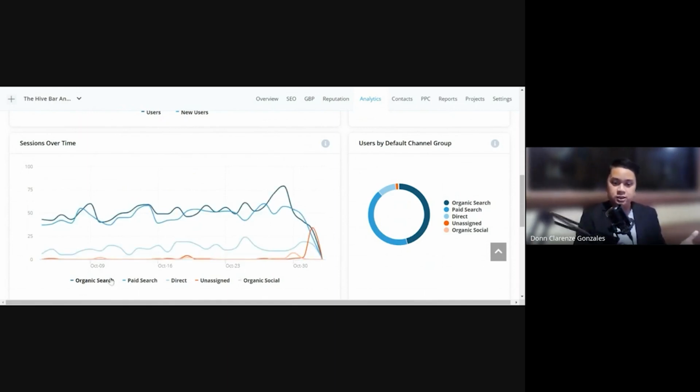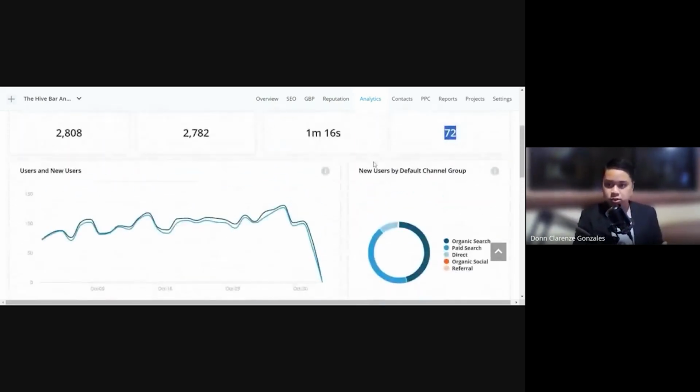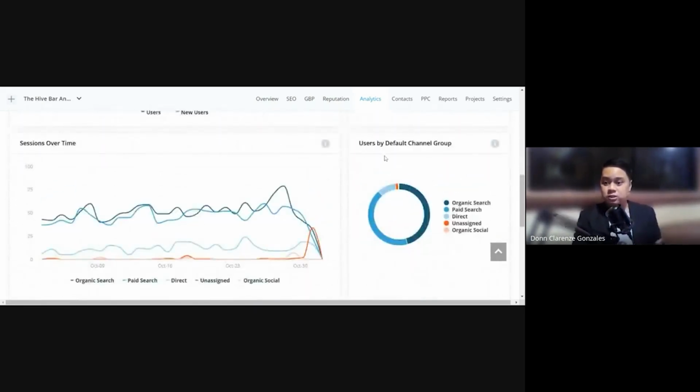So for example, as you can see in our organic search, there's a huge increase in the organic search sessions last October 29. And that is how detailed and how clear the dashboard can show the data of your campaigns. Then it will also show another breakdown of the number of users by the default channel group. This is the number of users, new users. This is the new users, and this one is the existing users. And it again shows that the organic search and the paid search have an equal share in the overall traffic